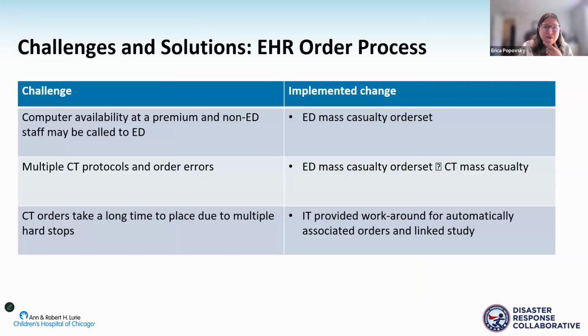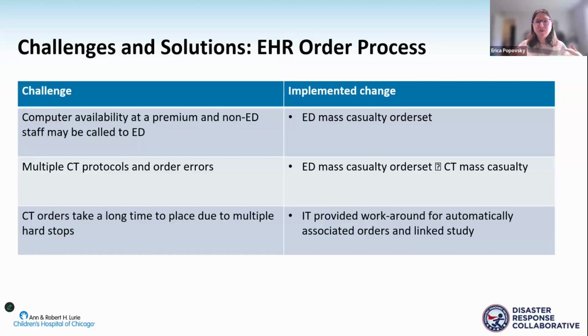And then when we're thinking about when our systems are working properly and we're thinking about our EHR order process, a big bottleneck we discovered was that during an MCI, computers may not be widely available. And you also may have people reporting to the emergency department who are not as familiar with the ED workflow and the ED orders. And so we wanted to streamline the order process. Next slide, please. And the way that we did that